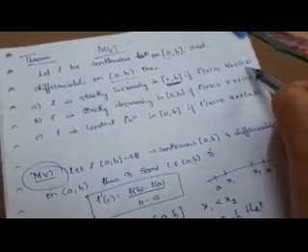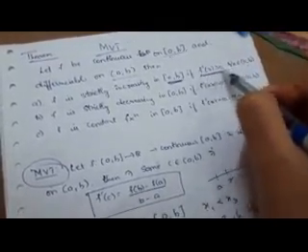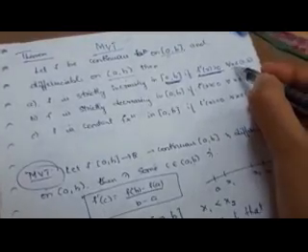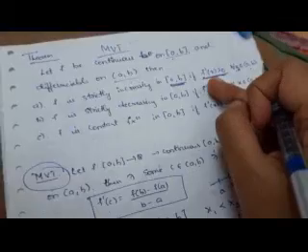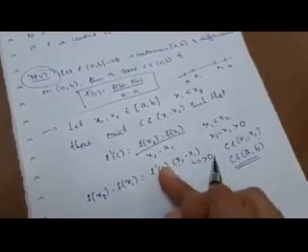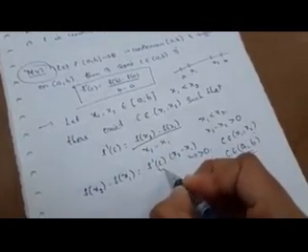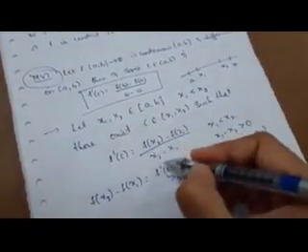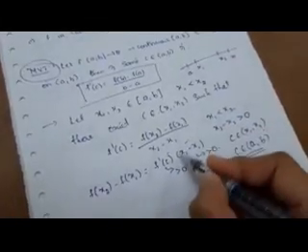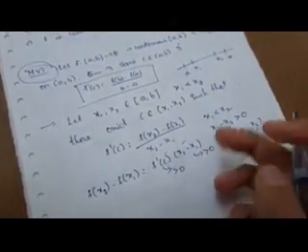For all x belonging to c, f dash of x is greater than 0. If you take any point between this interval a comma b, f dash of x is greater than 0. So c is any point in that interval a comma b. So even this f dash of c is also greater than 0, since both elements in the RHS, f dash of c as well as x2 minus x1, are greater than 0, the product is also greater than 0.